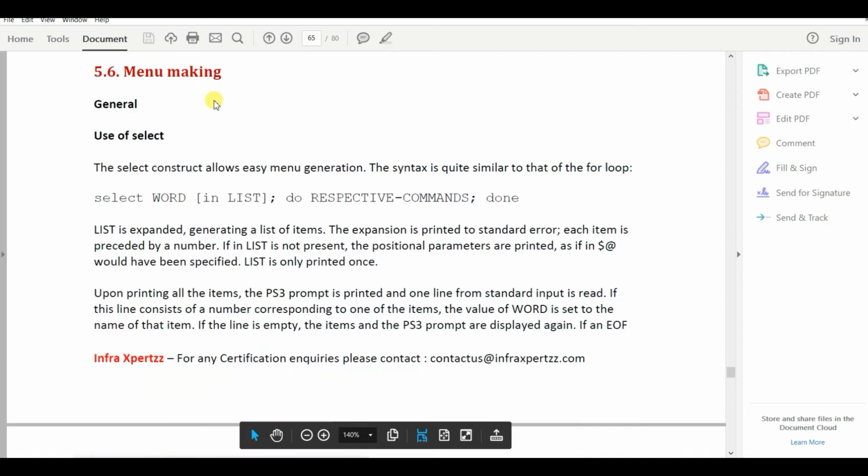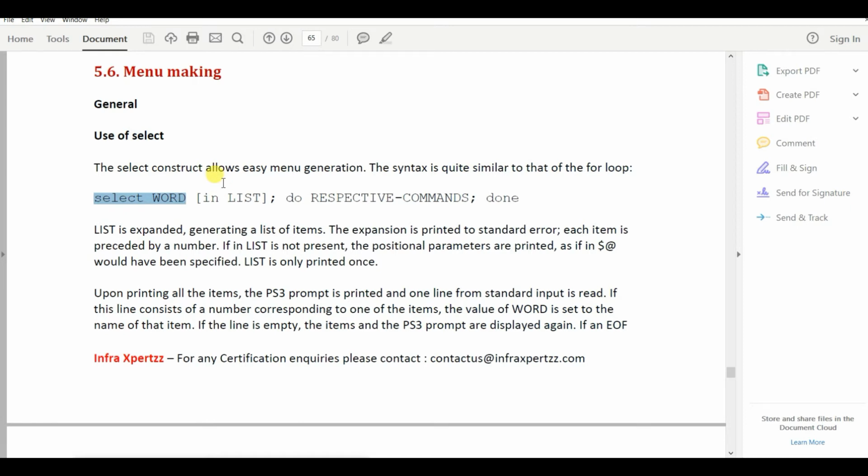Next, menu making. Here, the select construct is only used to generate a menu. The select construct allows easy menu generation. That means it will make sure it gives numbers for each and every option. In the previous example, I just did echo for everything. But here, I do not need to do echo, but it will give the output.